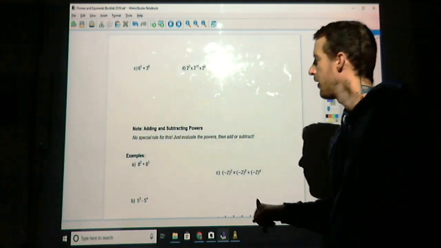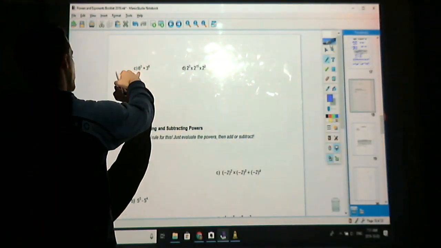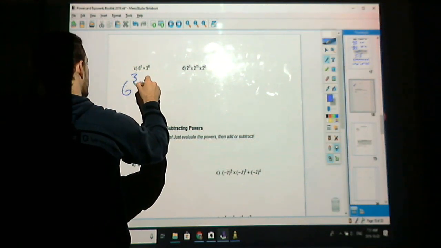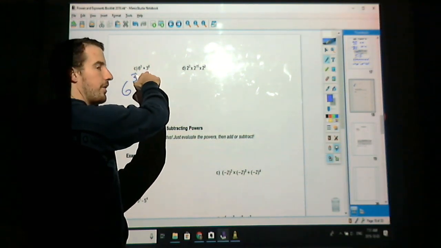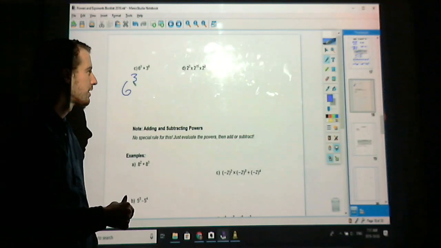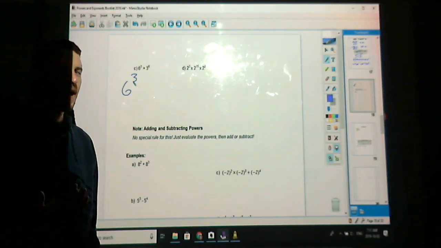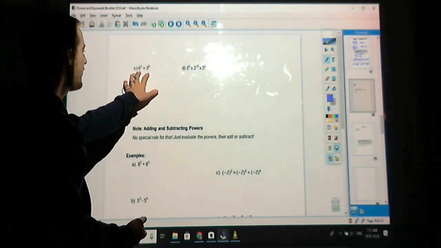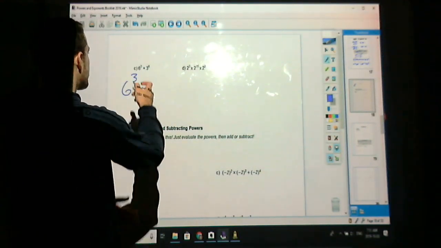All right, so here, 6 to the power of 3 times 3 to the power of something. We can't use our trick because we have 2 different bases, okay? So now what we're stuck doing